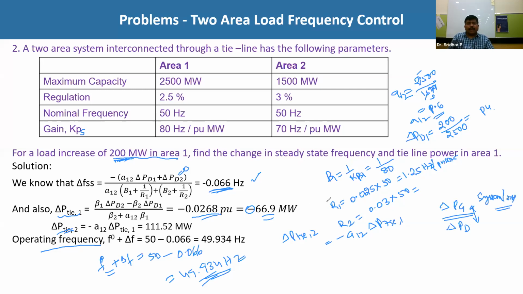I think this type of problems we have solved in isolated power system concepts. Now, this delta PG and delta PD both will be different. Why is there a difference? Because we have not incorporated the system losses or internal losses of the generator, turbine, and speed governing system. So, in view of this, there may be a difference between the generation capacity of the plant and the load on the plant. Because of this, if you are adding these two magnitudes, it may not be equal to exactly 200 megawatt. Otherwise, there is not much difference between them.